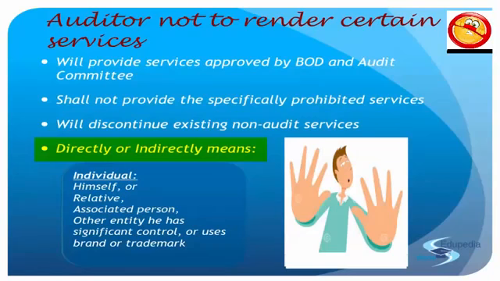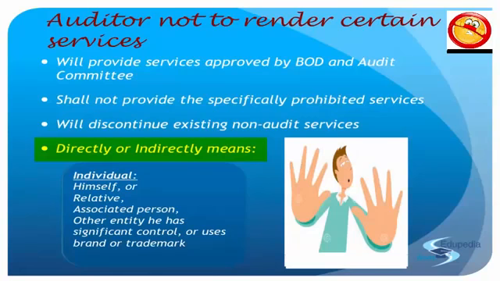Other entities cannot, right? When we talk about other entities, if you are managing any other entity, you cannot. Which entity specifically? Managing means you have significant control. If you have significant influence or significant control, you cannot. And if you're sharing the same brand or trade name like KPMG, BSR Associates, BSR and Company, whatever, you have different firms, so you cannot again. So in the individual capacity, they have related you to these things: you, your relative, any associated person, entity where you have control, and the same trademark or brand name, right?